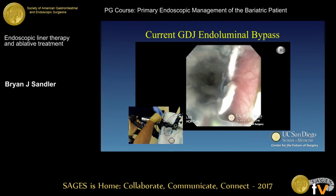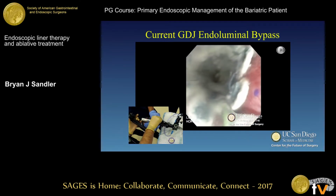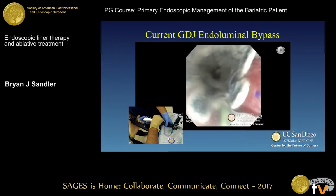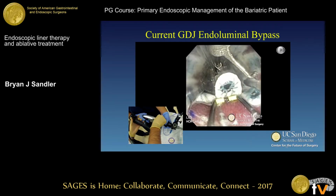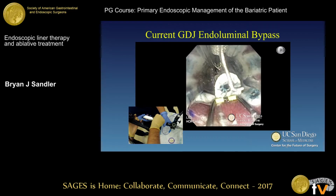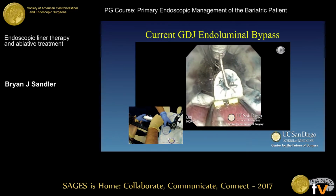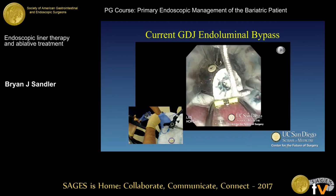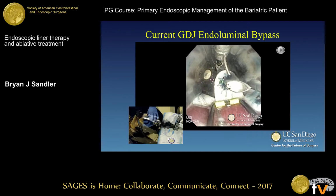we line it up again with the previously placed marks so that we know we're at the 2 centimeter point above the Z line, and then go ahead and fire the needle. The placement of the needle is done with vacuum application, and currently we're modifying this device a little bit further to actually a forward-throwing suture without some of the